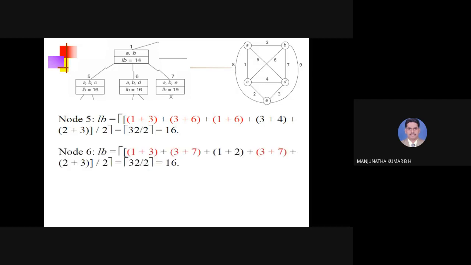And how node 6 is calculated, let me explain. I will give one minute time. Please, you can observe the input graph also. Please try to write the lower bound calculation for node 6 also. Then you verify your answer with the answer that I am presenting here. Will you get the same equation or not? I will give 1 minute time. I know what is the difficulty with this one. That's why you write the lower bound calculation for node 6 once and verify your answer with the answer that I am showing here. Is it right or wrong? Please inform me.